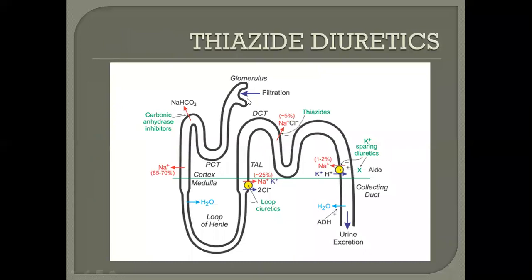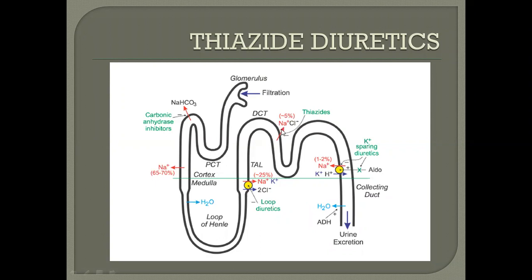So this diagram shows how sodium moves through the kidney. Sodium is filtered at the glomerulus. Then in the proximal tubule, around 70% is absorbed. Then you have the loop of Henle, and in the thick ascending limb, you have this sodium potassium 2-chloride transporter, which absorbs sodium, and this is the site of action of loop diuretics. This is important because whatever sodium and potassium it reabsorbs contributes to the osmotic gradient in the medulla. So the medullary concentration depends upon how much sodium you can take into the medulla from here.